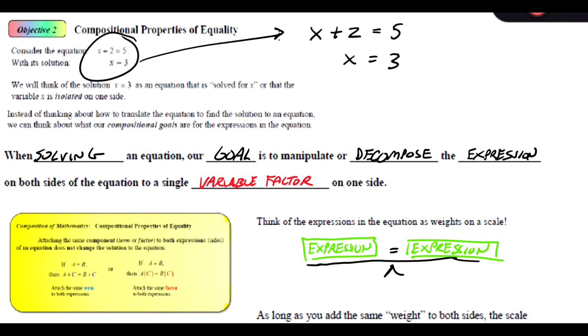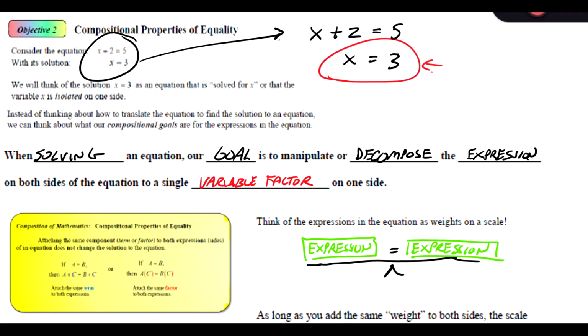All right. So what if equations are hard to solve without guessing? How do we solve equations? How do we find solutions without guessing? So if you look at the equation x plus 2 equals 5 and its solution x equals 3, I want us to think about the equation x equals 3